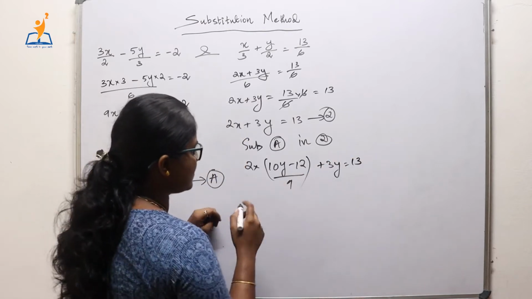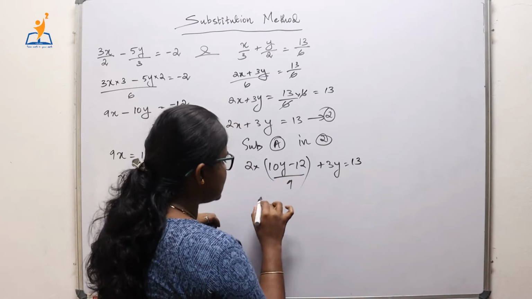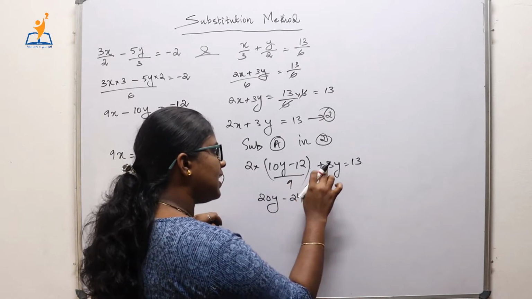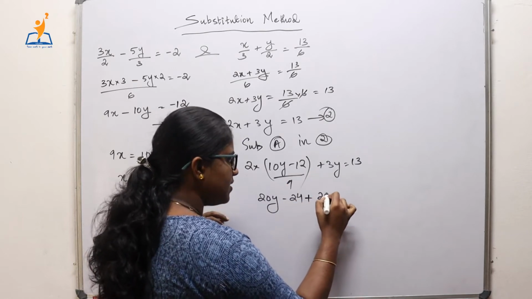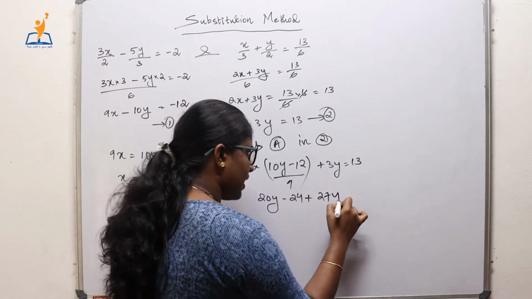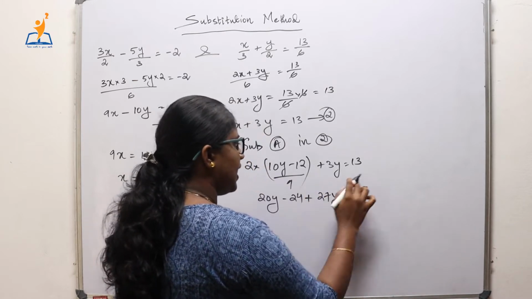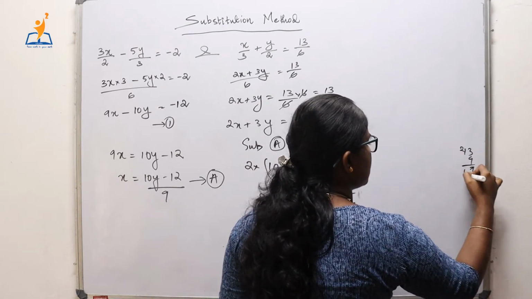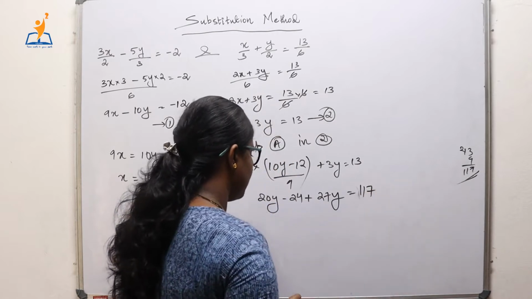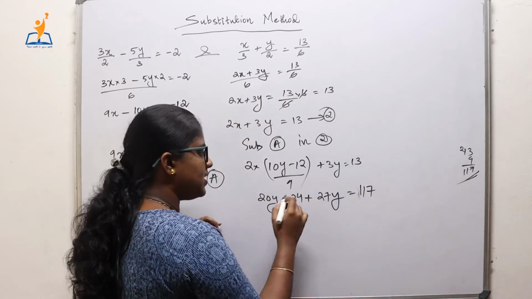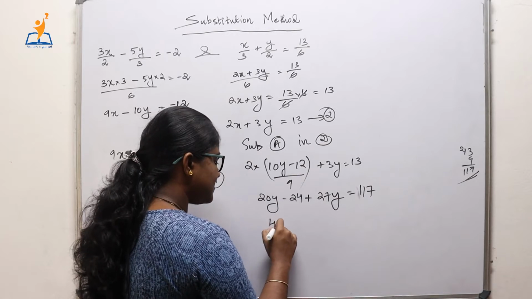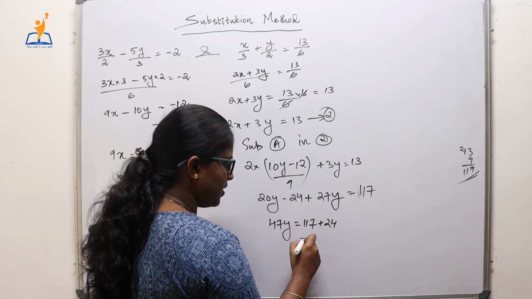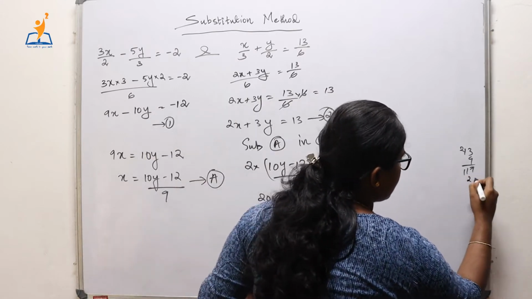Now let's simplify this, that is 20y minus 24 plus 3 into 9 is again 27y equals 9 into 13, and 9 into 13 is 117. Now we have 20 plus 27 is 47y equals 117 plus 24, that is we have